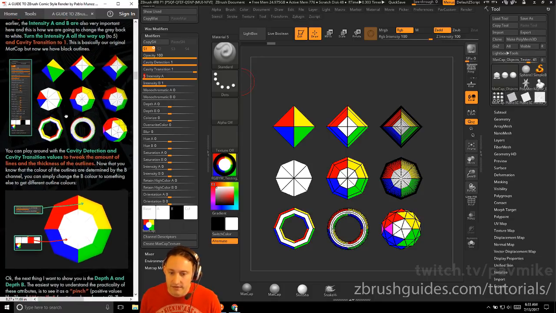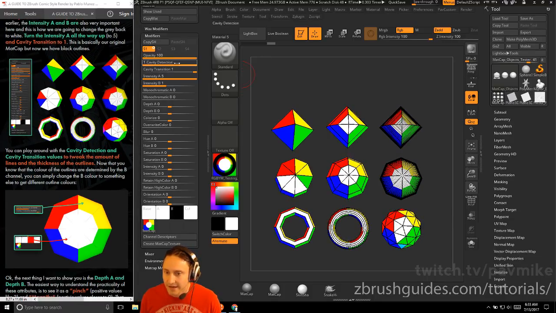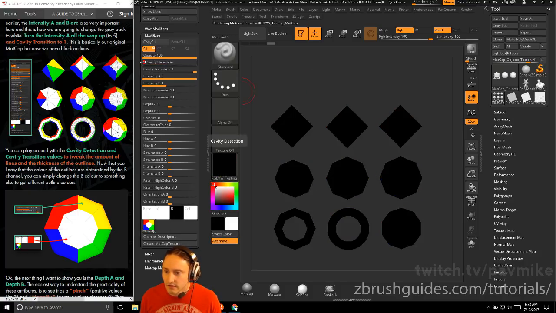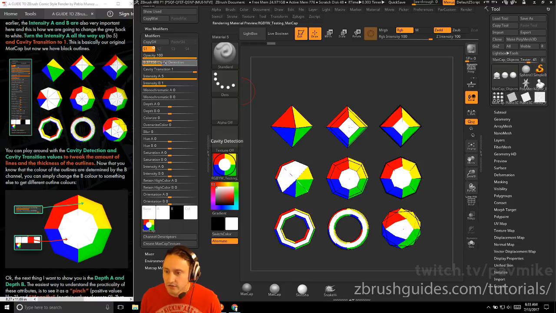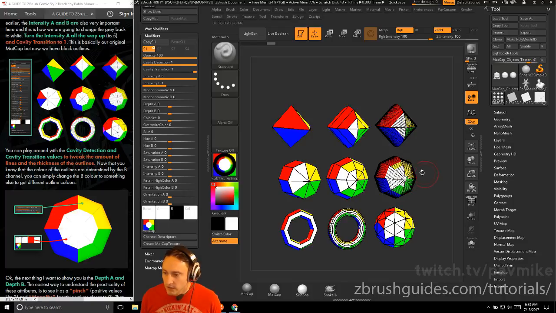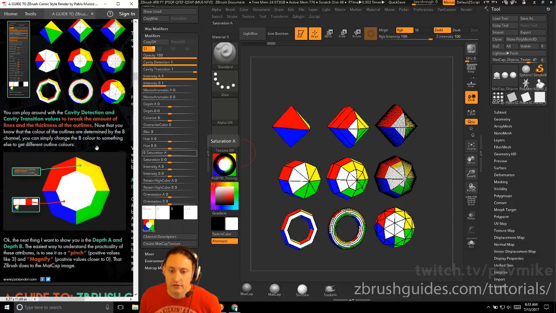You can play around with the cavity detection. With cavity detection all the way up, we're getting black outlines. If we do cavity detection down to 0, it's just going to be black. As you crank this up, you're getting more and more harsh lines wherever you have polygons. You can see over here, everywhere we have a lot of polygons on really simple objects, we're basically getting an outline of our object. You can play around with the cavity detection and cavity transition values to tweak the amount of lines and